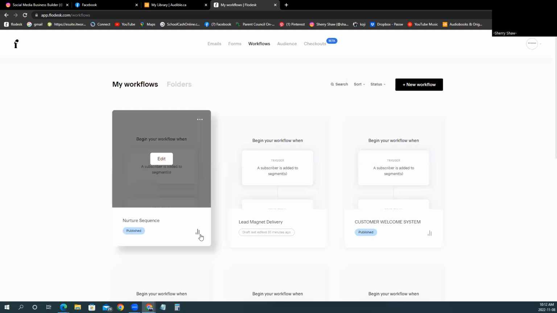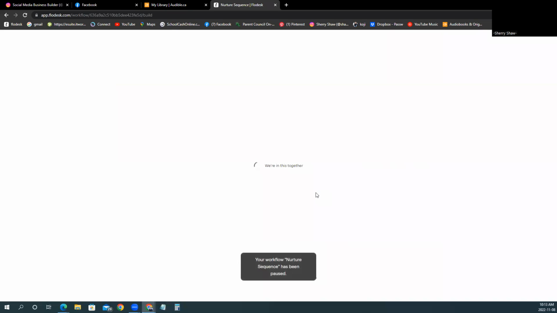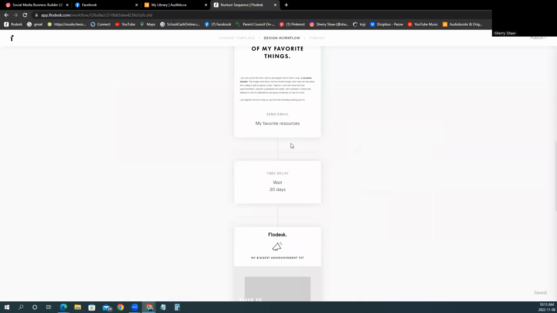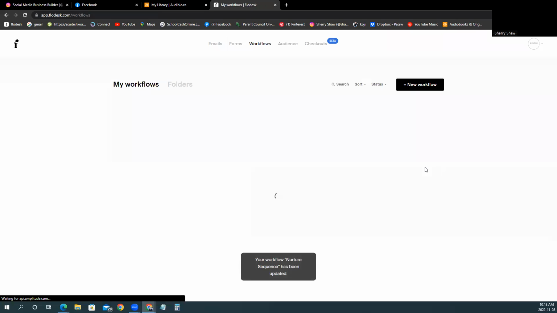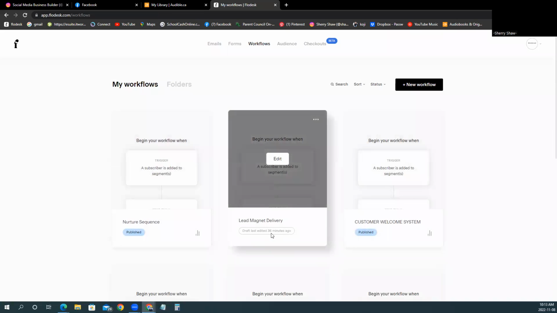And the thing with this is you can edit this anytime you want. You can see how many times it's been opened, where they are in the workflow, who's clicking on what, if they're using a mobile or a desktop computer, it's so informative. But the only thing you're going to need to know, and trust me, I've learned from my mistakes, is if you edit it, it pauses it. So now the workflow is paused. Nobody's getting in here right now. So you can fix it, add to it, change it, whatever. Don't forget to publish it again. After you have edited something, make sure it says publish.